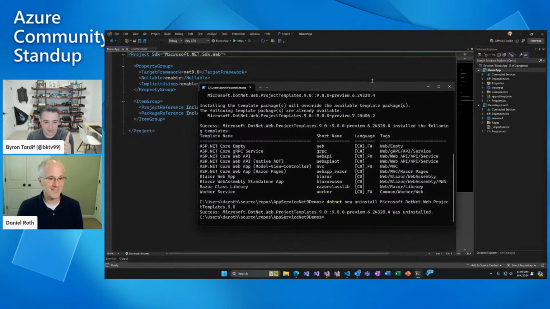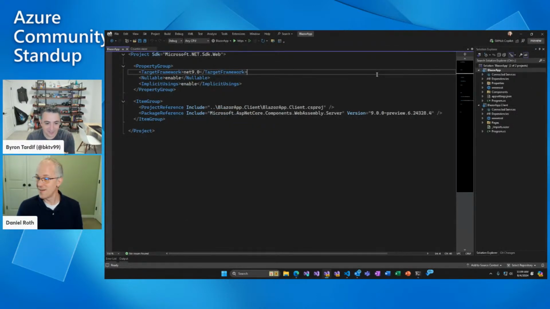I have one more. I know, shame on me, but I don't have the latest, greatest version of Visual Studio installed, but I do have VS Code. And with VS Code and Preview 6, I can just do .NET new MVC and it does the right thing. As long as I don't have multiple preview versions of .NET installed, I don't need to do a lot of this